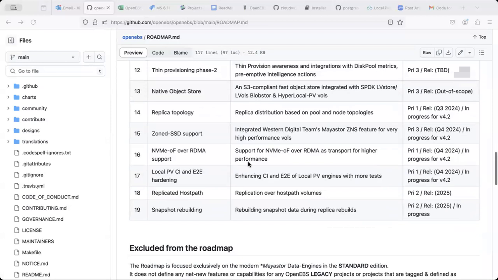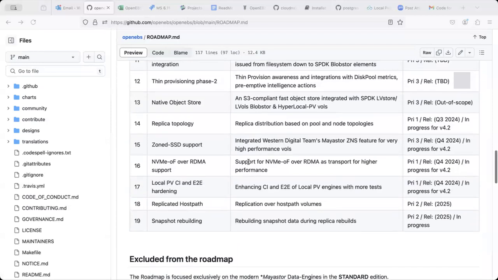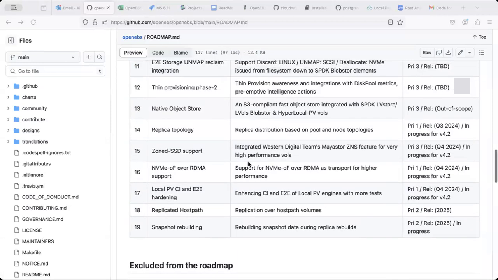So that's one of the plans at the moment. And then we have one more enhancement on top of local PV host path. All this while, host path has been typically one of the smallest or easiest modes of storage solutions. So we are also planning to add a replicated capability over the host path so that you can get more availability as well as more data redundancy there. And then